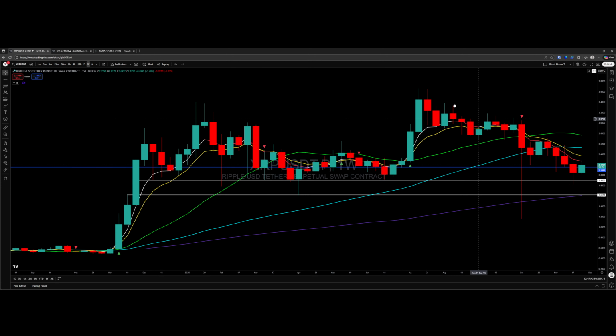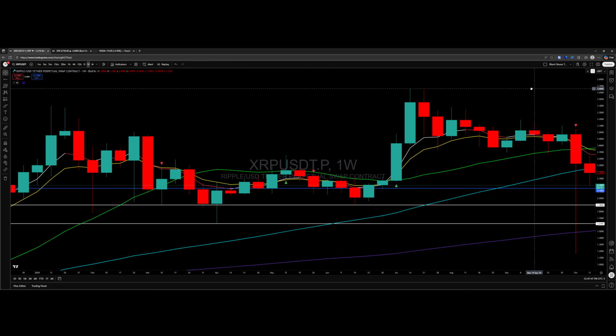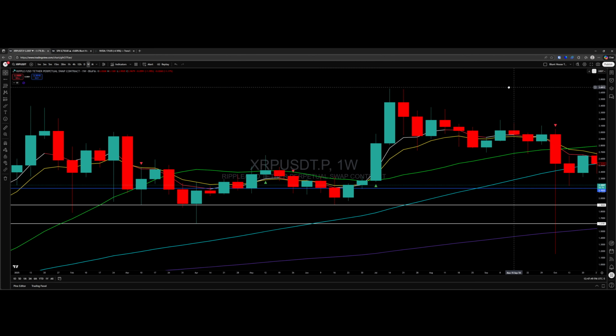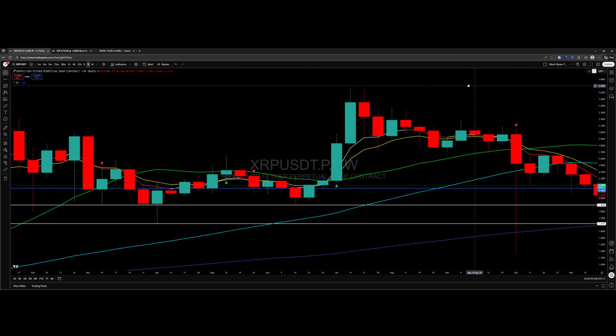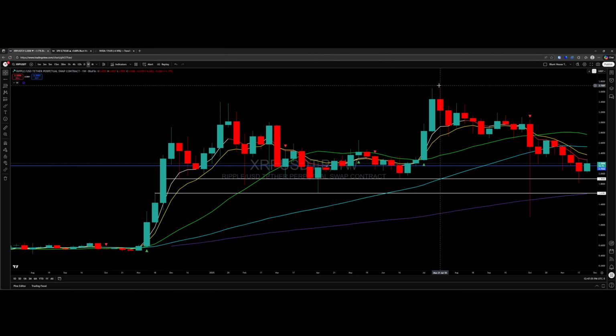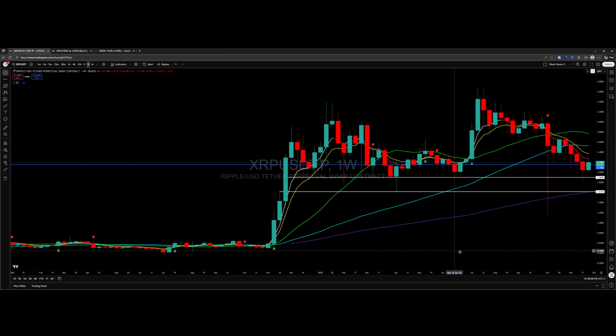Why are you doing this? So that you have targets to take profit at, and you have opportunities on the chart to actually look and see, yeah, that's going to be a draw for price. All of this price back here, all of this basing, as this rolled over, you just had to know that this level was going to be a draw. Like, I don't understand what people don't get.